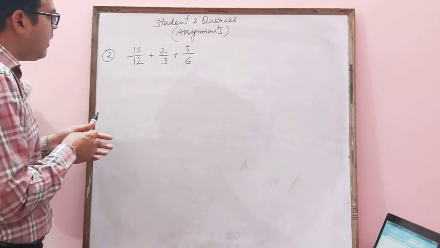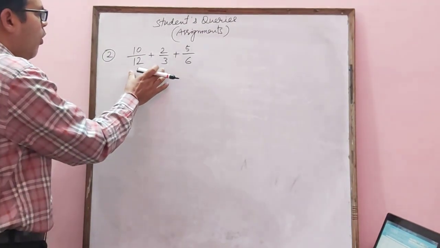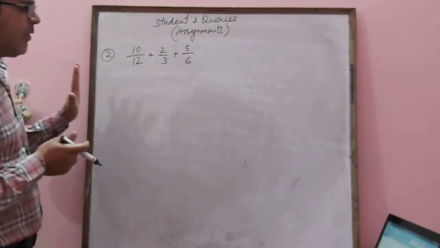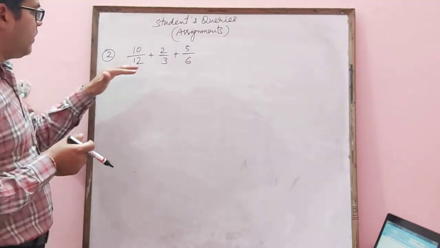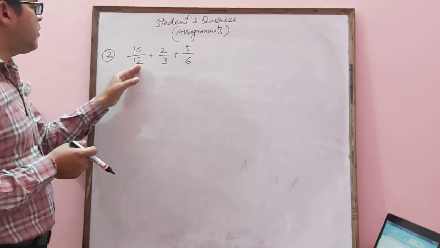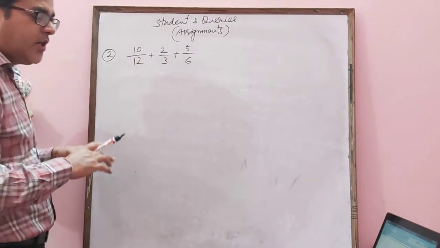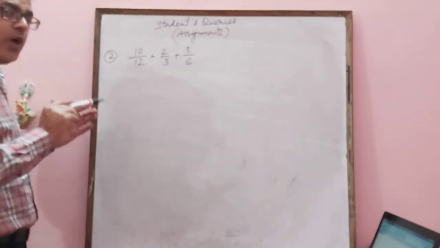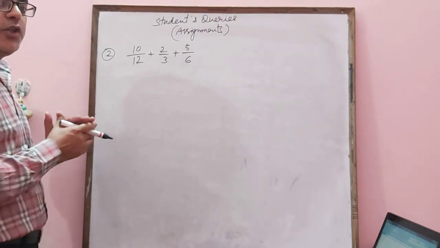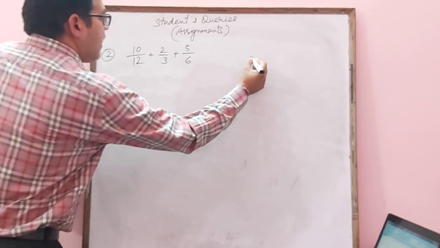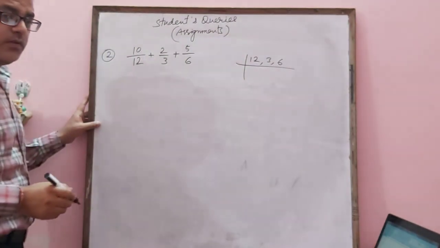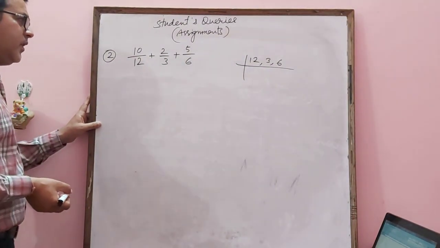So you need to take the LCM of all the denominators together. Here we can see these are unlike fractions. You know very well, unlike fractions are those whose denominators are not the same. Here the denominator is 12, here is 3, here is 6. So denominators are different, so these are unlike. So what to do now? We have to take the LCM of the denominators to make their denominators the same. We can take the LCM of all 3 denominators together like this. This is the simplest method I am telling you.